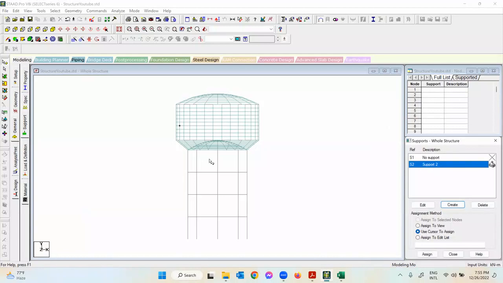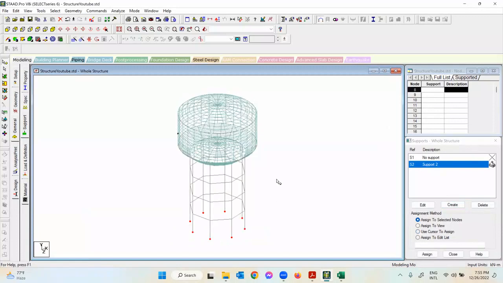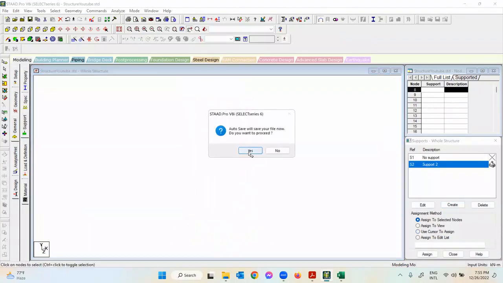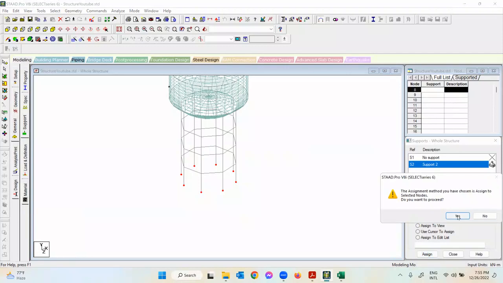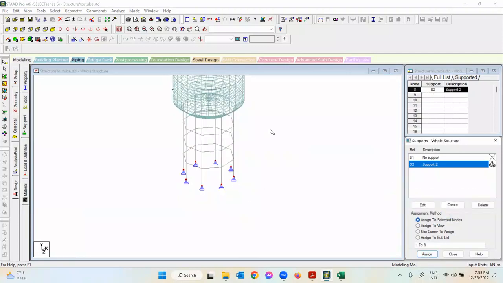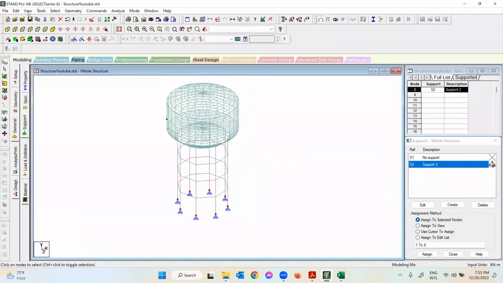Then, selecting this pin support, we'll go to the node cursor here and select all the nodes under the 8 columns. You can see we have selected only 8 nodes, the bottom of the columns, and then with this support selected and assign to selected nodes checked, we just assign it here. It will show the supports there. So now you can again see the